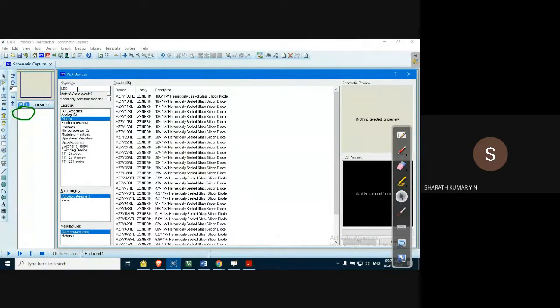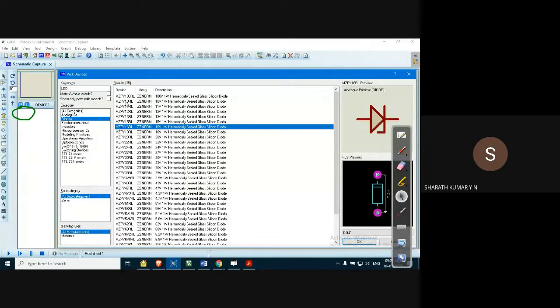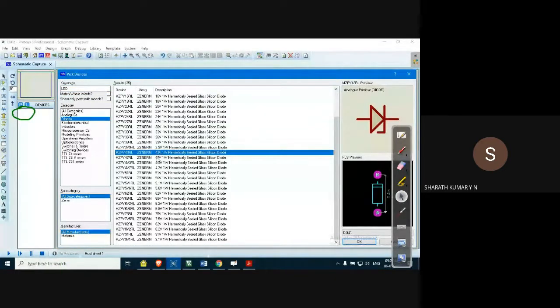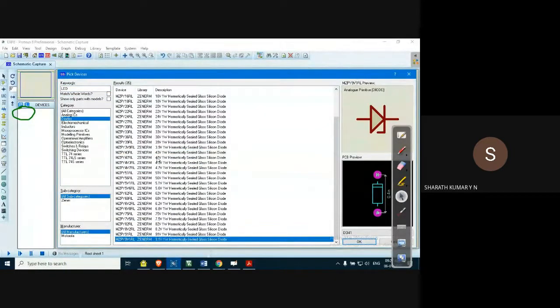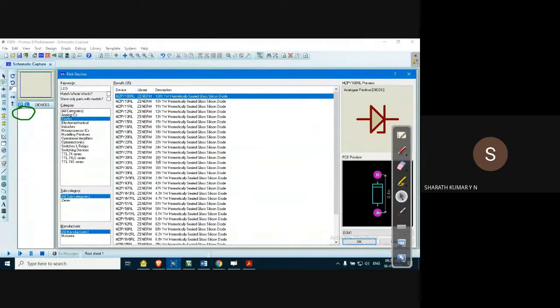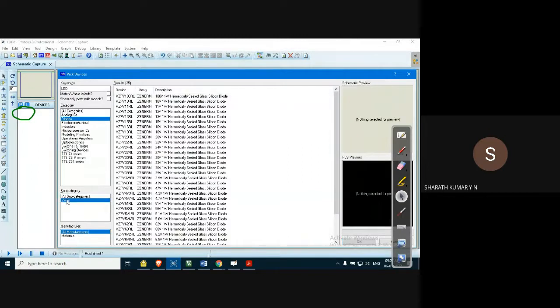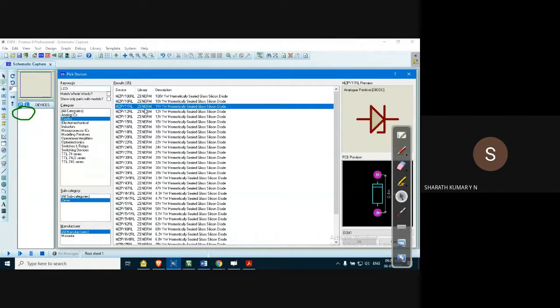Click search and use keywords, for example LED. We get various options. You can see that there are various types of LEDs, and you can select whichever you want. Xenon diodes are also available, a lot of things. Select LED, click on one of the components and press OK.